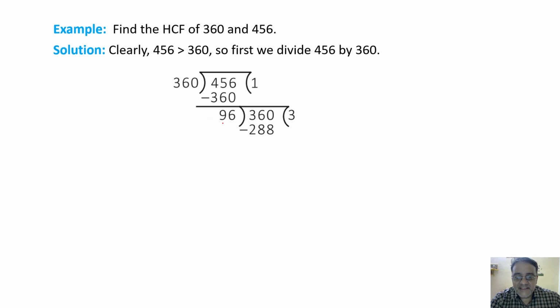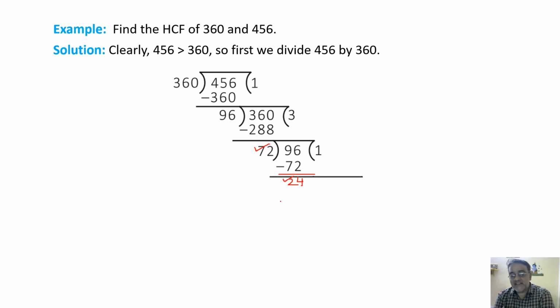ऐसे. सो 96 3 times 288. अगेन वी विल फाइंड द रिमाइंडर. 72. ओके, 0 हुआ? नहीं हुआ. सो द ओल्ड रिमाइंडर इज डिवाइडेड बाय द न्यू रिमाइंडर. Okay, we have to divide the old remainder by the new remainder. So 1 times जाएगा. Again we are getting remainder 24. फिर से 0 नहीं हुआ, तो इसका ओल्ड रिमाइंडर कौन सा था? ये था 72. अगेन वी हैव टू डिवाइड बाय न्यू रिमाइंडर 24.